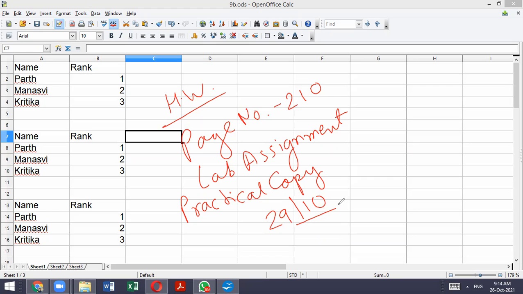No. You have to write in the practical copy. Okay. This lab assignment. While explaining today, I was explaining the steps: go to the file menu, then click on the open button, type the desired file name, click on open. These are the steps, students. This way you have to write the steps.